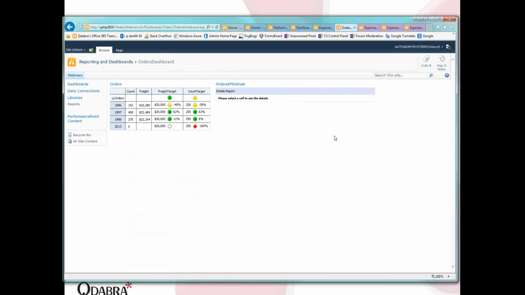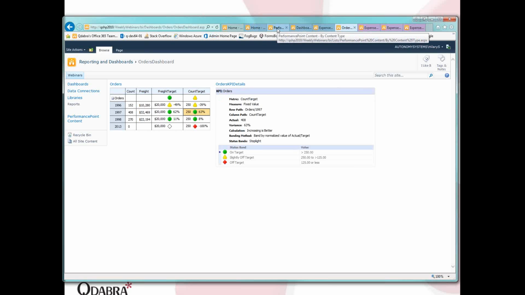And then over here is another very simple dashboard. This doesn't have any SQL reports in it. I am just using my orders list from my Northwind site, and right here I'm using time intelligence in order to be able to group together the items for a certain year. I've set some hard-coded targets. This again is in the documents we've put together on this, and again I've set up a KPI details. So here's some very simplistic getting-started dashboards that you can put together, but let me show you how you can open up